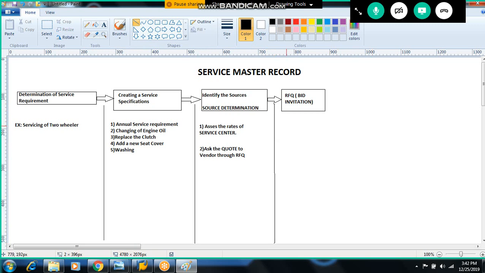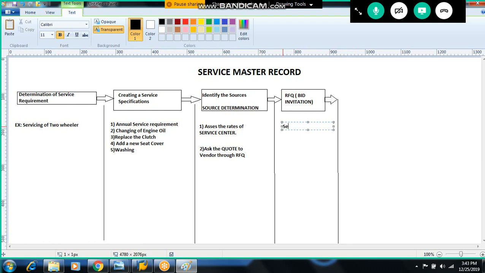Okay, exactly like you have in the purchase cycle, you have created three different requests for quotations and you have sent them to the three vendors. Now the one who will quote you the least, what was the process after request for quotation? It was comparison. The vendor will send you the quotation, and you will do a price comparison of all the three vendors. Okay, so here you send RFQ to